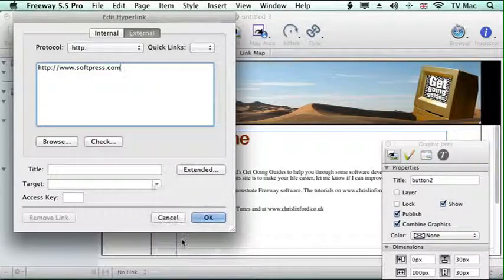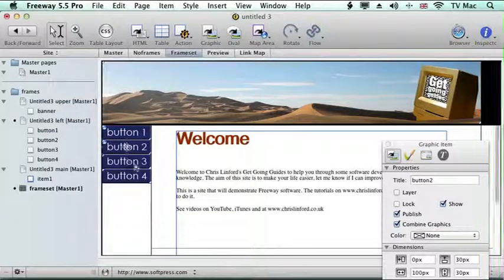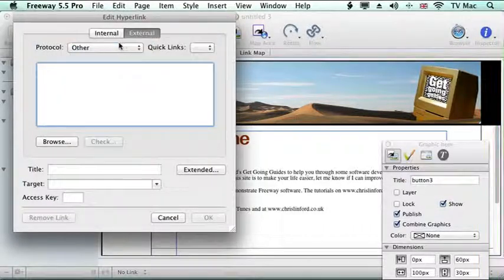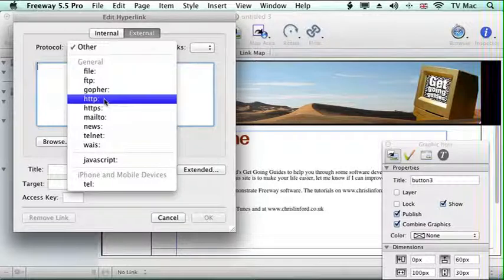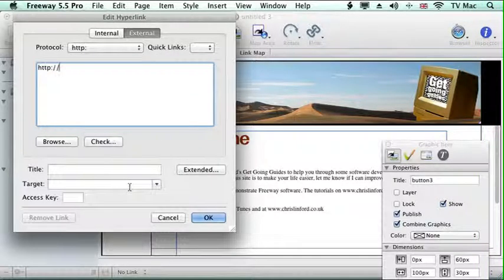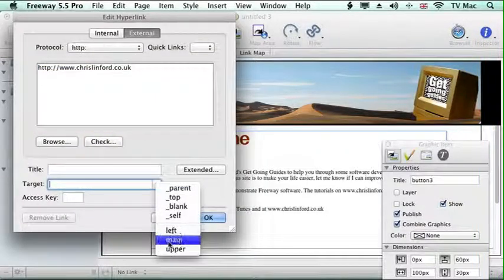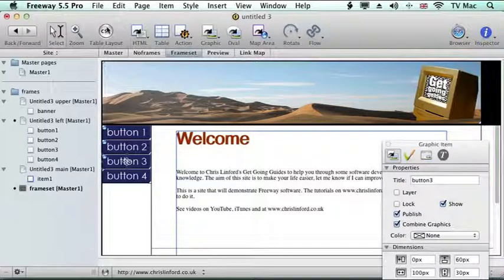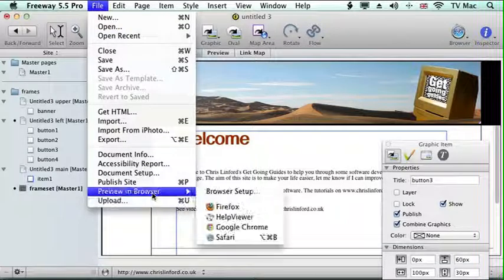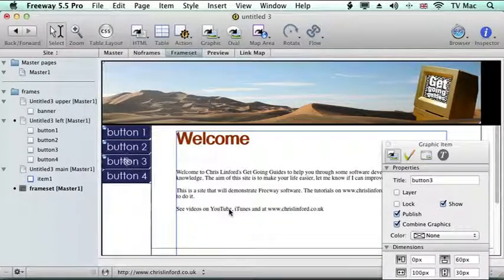So I want to change the main content there, so we'll click OK, and again button 3, I'm just going to make another external connection here, and I'm going to go to my website there and choose the target for the main, and we'll go there. So if we go back to our preview,